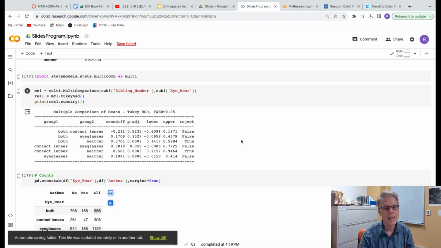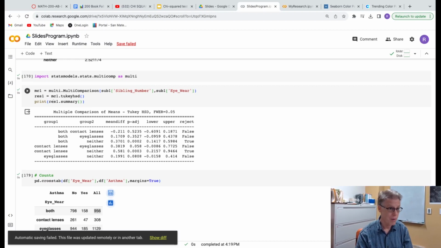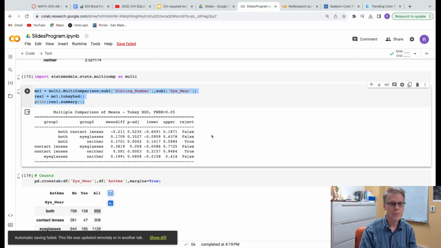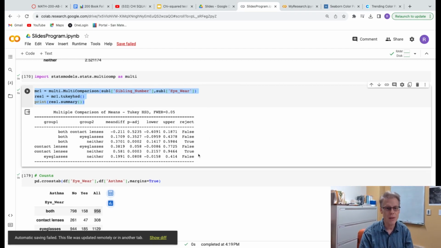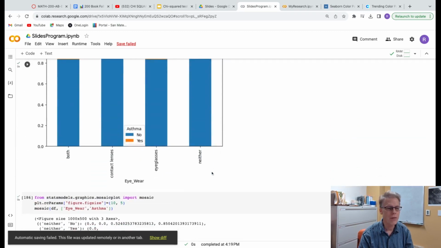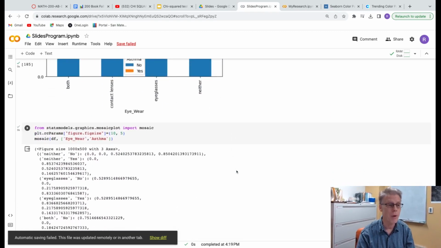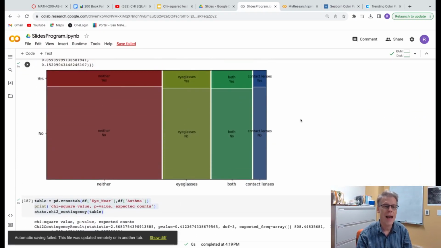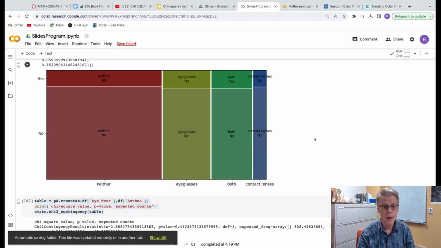Well, we're going to do something similar this time. It's going to be a bit more involved. It's not going to just be one block of code to get which things have a significant difference. And it's not Tukey this time. It's called Bonferroni. And so what I've done is I've gone back into the code book and come up with another couple of variables which I was pretty sure would have an association.